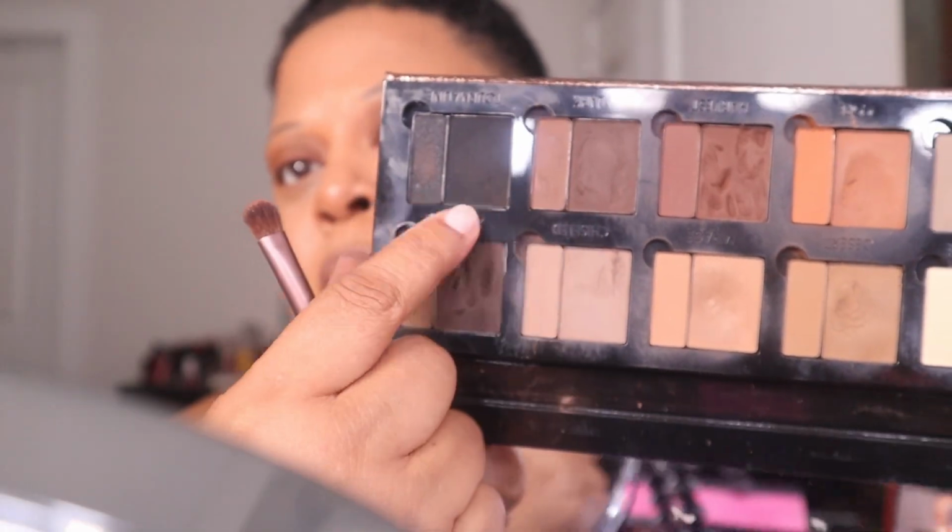Dipping back into the Danessa Myricks Groundwork Neutral, I'm using the shade Bark and the shade Tourmaline. This is the dark brown, and I'm using the pomade formula to kind of start the smoky under eye on my lash line. So I'm using the pomade formula, and then I'm going to top it off with the powder in the same color. And again, that's the shade Bark, and I'm using very lightly the shade Tourmaline because that